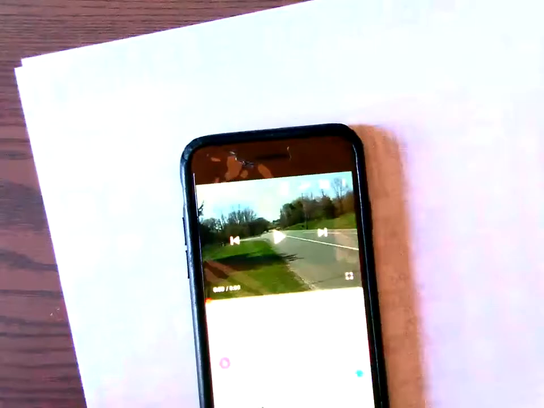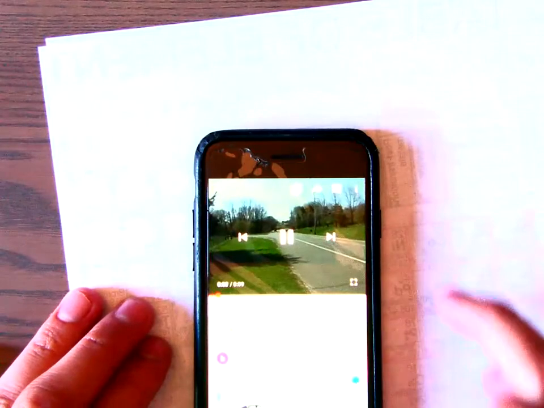All right, what we're going to go over today is called the Doppler effect. Before we go into it, I'm going to give you an example of what the Doppler effect sounds like, and then we'll go into why that happens. Okay, so the Doppler effect is going to sound like this.